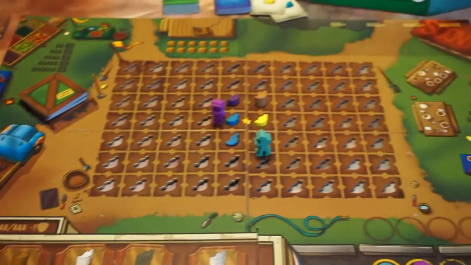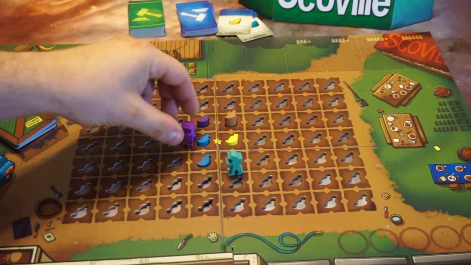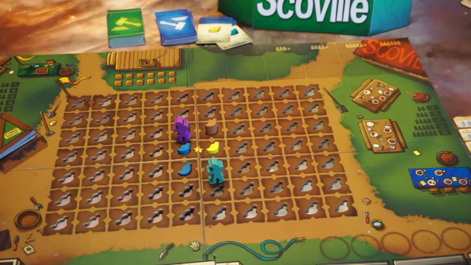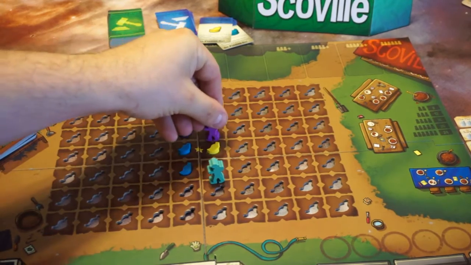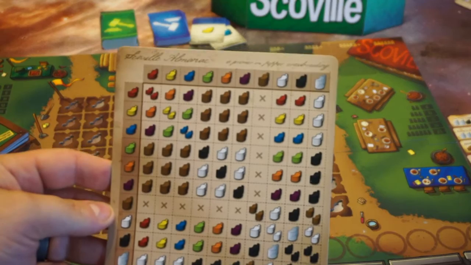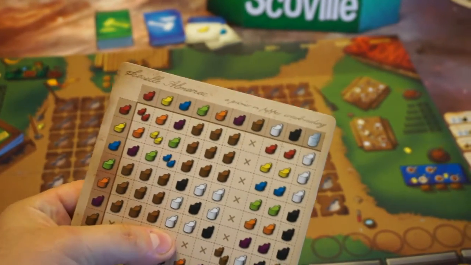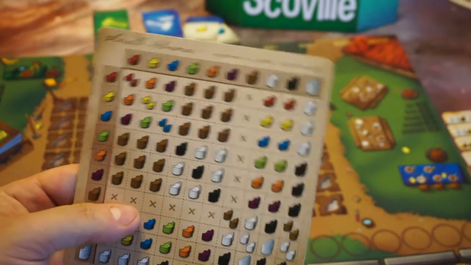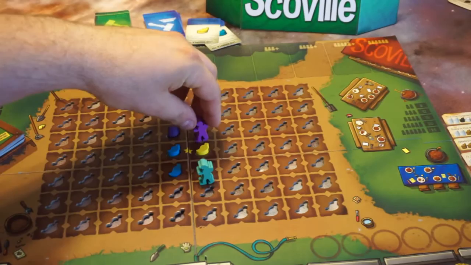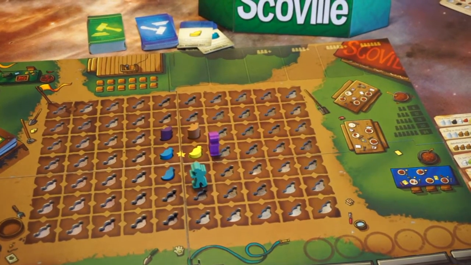Then we move on to harvesting, starting in reverse player order, so that's me. I'm going to move here, 1, that gives me a brown. 2, a brown and a yellow will get me nothing. And then I'm just going to move right here, my 3rd, just to be ready for the next round. And then the next player